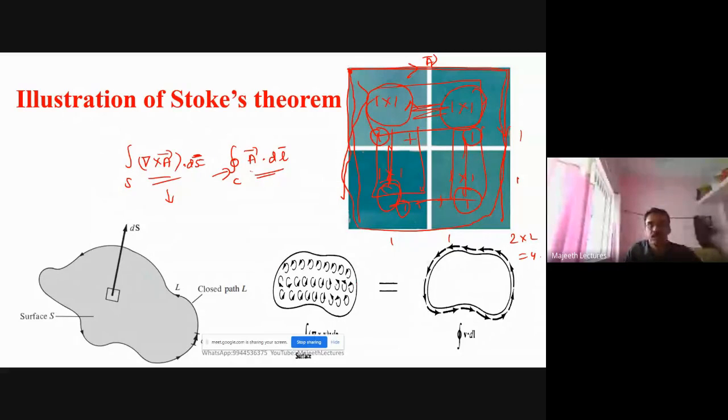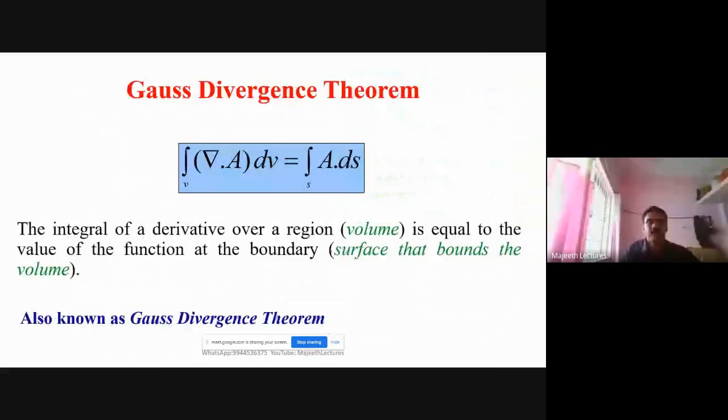Stokes theorem. Fine. Okay. Next divergence theorem, in the same manner, it is volume and closed surface. Please remember this must be a closed surface. Volume is a scalar, right? So it is a divergence theorem. Divergence theorem relates volume and its end, that is called the surface. Detailed analysis and a lot of examples I have given in my channel, you can see in that, right? Majid lectures. So we have studied three theorems.